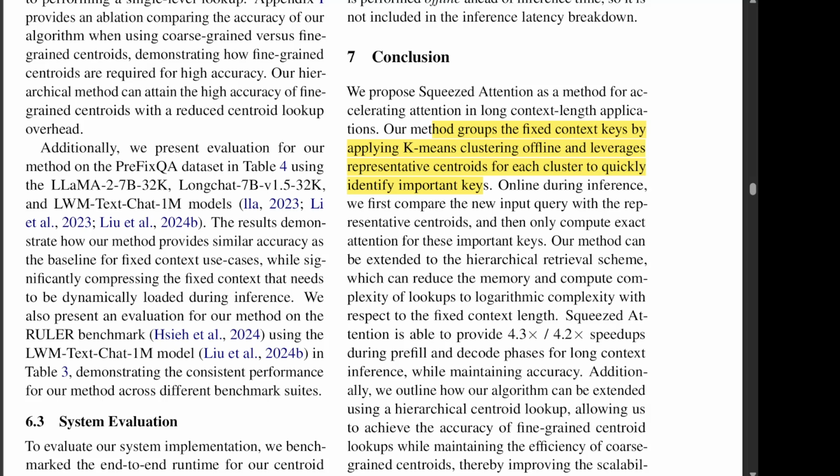Okay, so wrapping this up, what's the big takeaway for you, our listener, and for the future of these large language models? I think the big takeaway is that squeezed attention offers a really smart, practical solution to a major growing pain